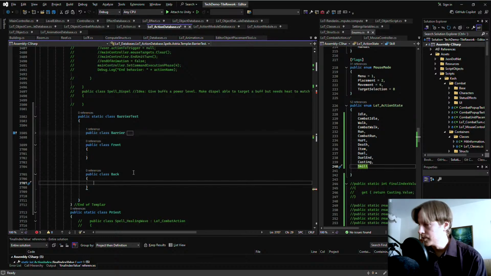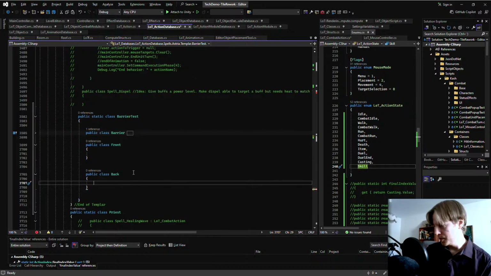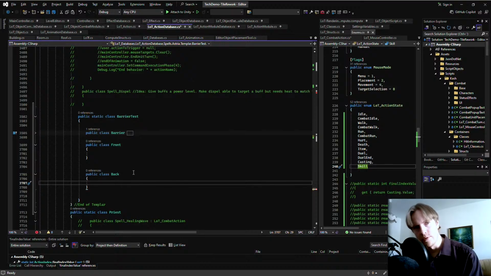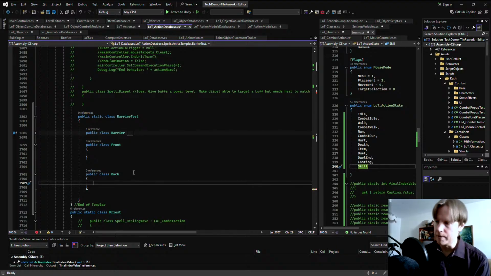And that's why it becomes a little tricky, because an action is typically kind of the same thing as an animation. So when my character uses triple stab, that's an action, but it's also an animation because she's stabbing somebody, and the action itself contains both the animation and all the damage variables and stuff like that. But when it's a spell,